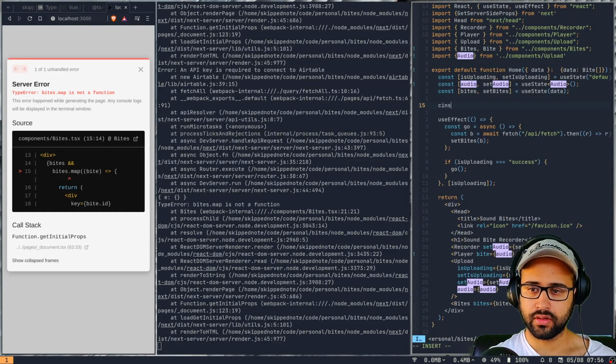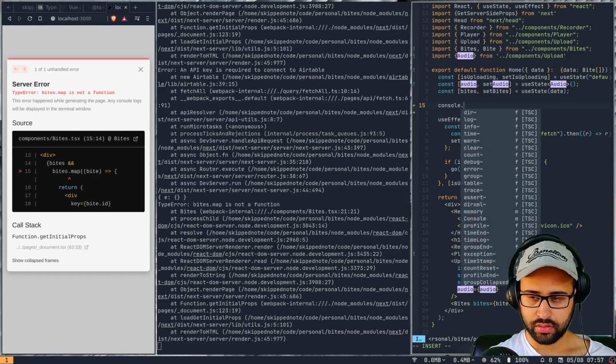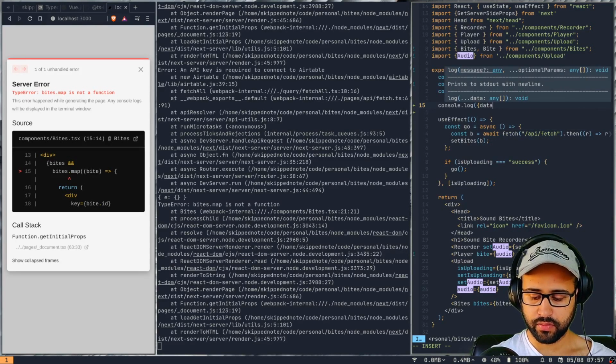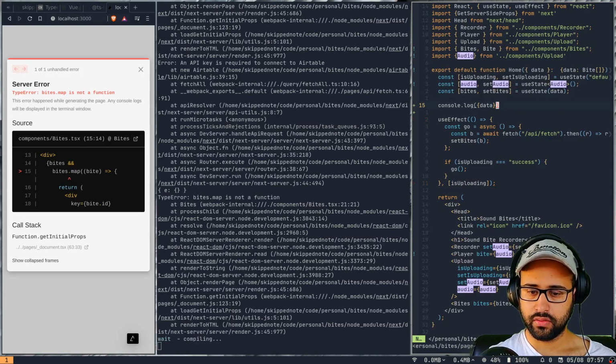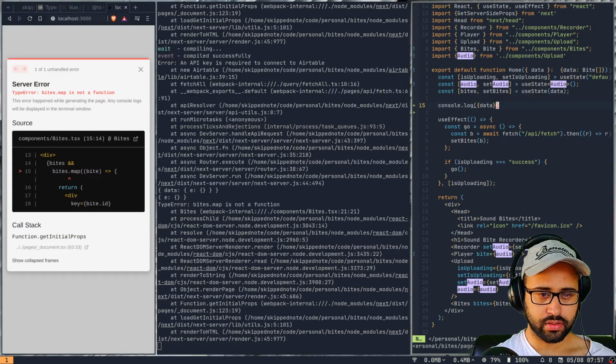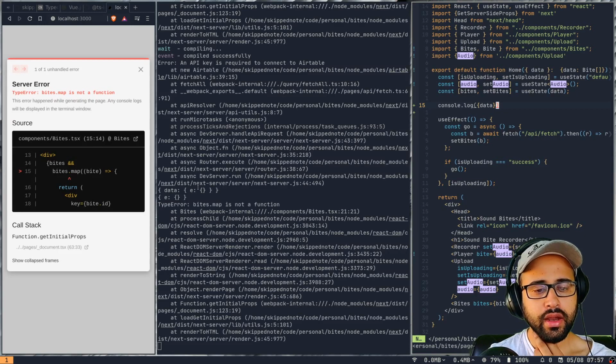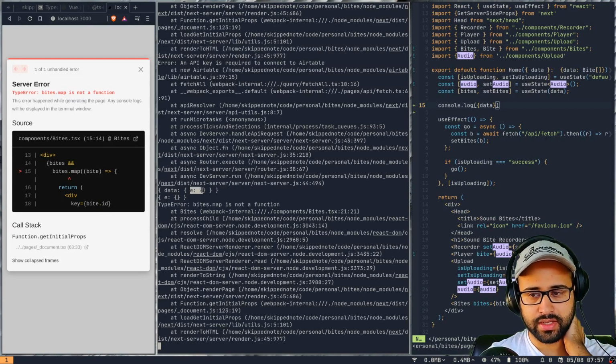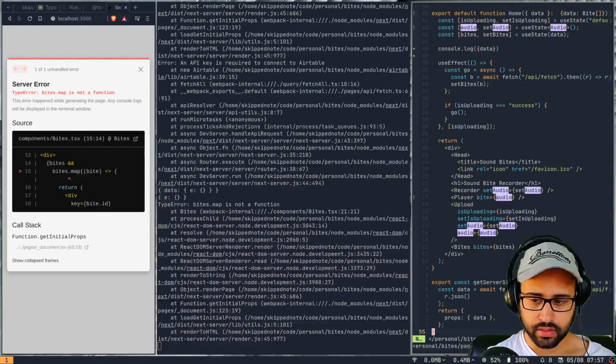Yeah, let's log it here. Console.log data. This will just log what we are getting as props. So data, we are getting E and an empty object, right? So this probably is just an error, right? So that is what it is.